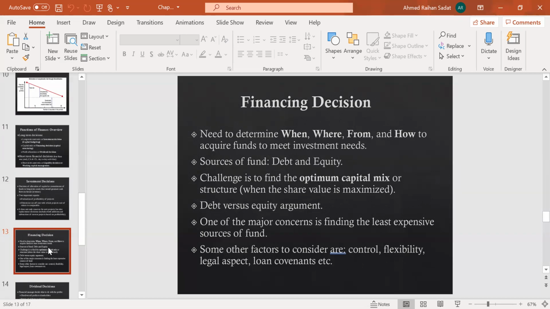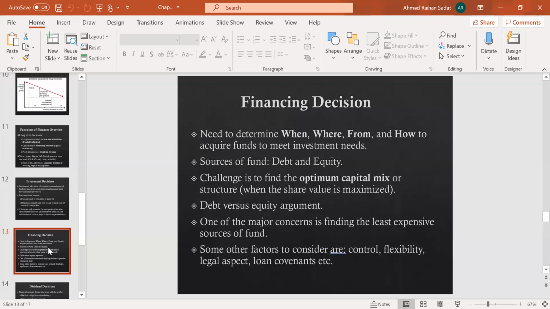From your end, it's not only about cost, there is also a liquidity effect, for example, the liquidation risk. What do we understand by it? Liquidation risk means the risk of letting part of your company's assets go. For example, let's say you have a high portion of debt, which means you have high interest to pay. If you don't make enough money, and you don't have enough net profit to pay off the interest, what do you need to do? You need to sell off a certain part of the company. That's the liquidation part, and you can't have that risk. So liquidation risk is high on debt and less on equity.